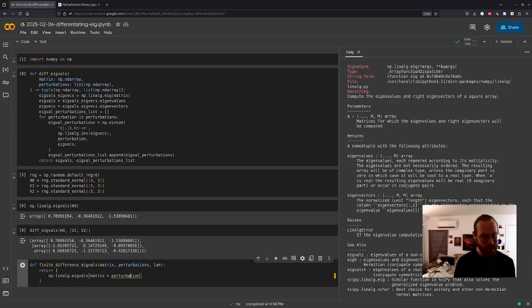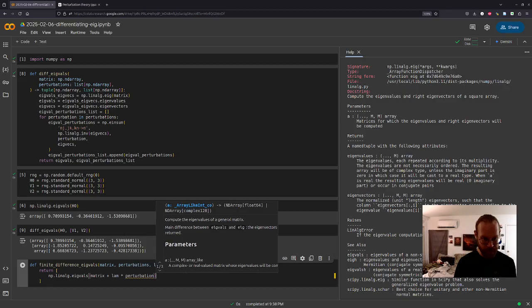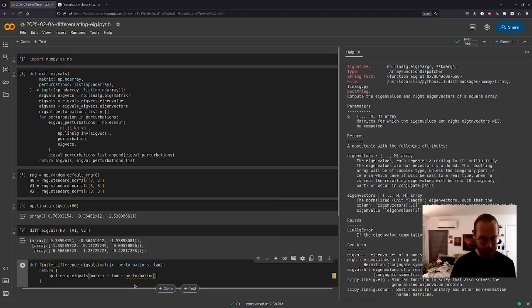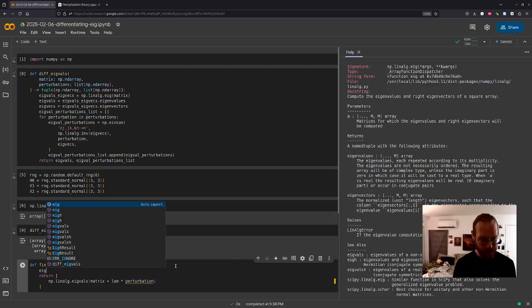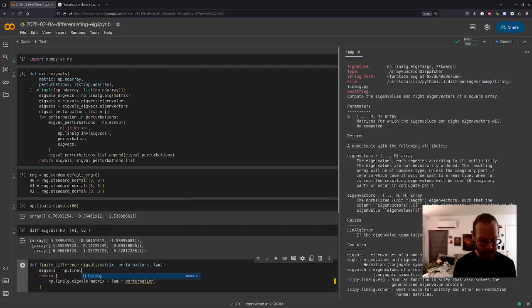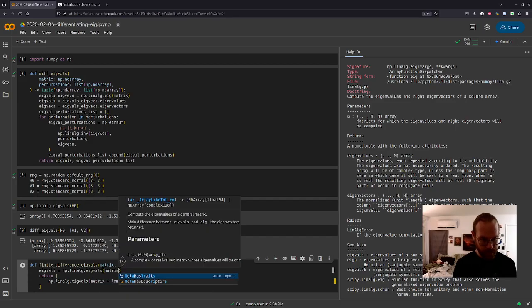Okay. It should be a small number lambda times the perturbation. So we just do the eigenvalue decomposition for that small parameter. But then we subtract off the original eigenvals, np.linalg.eigvals of the matrix.